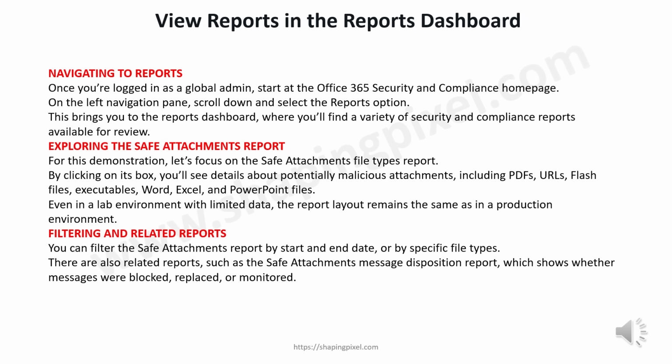Once you're logged in as a global admin, start at the Office 365 Security and Compliance homepage. On the left navigation pane, scroll down and select the Reports option. This brings you to the Reports dashboard, where you'll find a variety of security and compliance reports available for review. For this demonstration, let's focus on the Safe Attachments File Types report. By clicking on its box, you'll see details about potentially malicious attachments, including PDFs, URLs, Flash files, executables, Word, Excel,